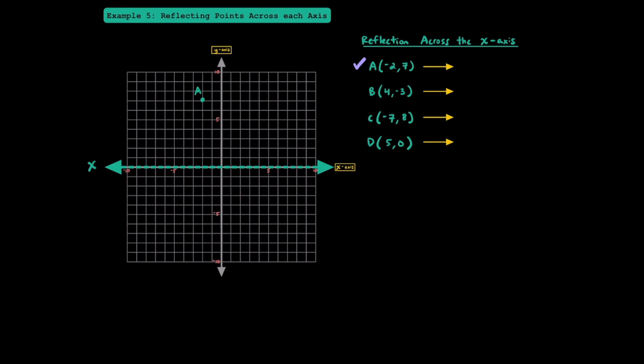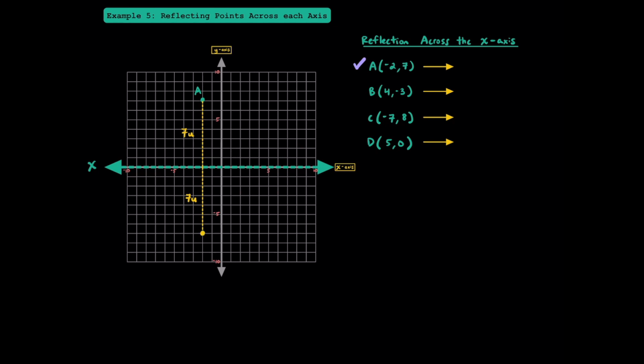One way you can think about this is that point A is a person and the x-axis is a mirror. If point A was looking into the mirror, how far into the mirror would its reflection be? Whatever the distance is between A and the x-axis, its reflection should be the same distance away from the axis. Since point A is 7 units away from the x-axis, its reflection should also be 7 units away from the